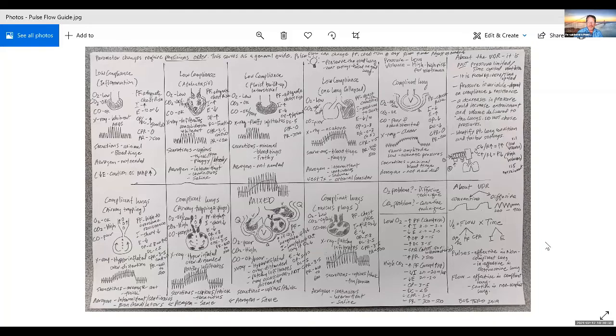Right. Because, as I mentioned earlier, let me see if I could do a share screen. I'm going to make an attempt here. Let me see. As I mentioned earlier, can you see my screen now? Started sharing, it says. Yep, I see it. Okay. Because the VDR, or I'm sorry, the